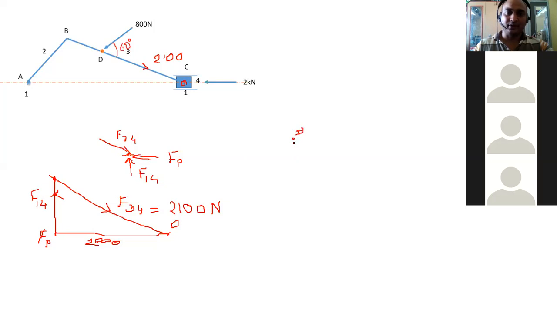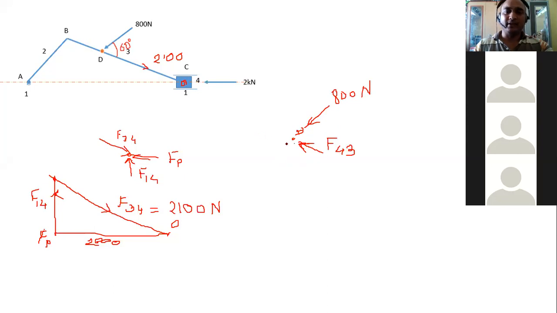You know in a D point, which forces are there? You know this is what. Can you tell me what is this force? Parallel to BC. So can you give the name? It must be F43. Yes, correct. F43 rather than F34, because the direction is reversed. Then this is at 60 degree. This force is your say 800 Newton. So you can give the name or you can write directly as it is, no problem at all. So 800 Newton is here.